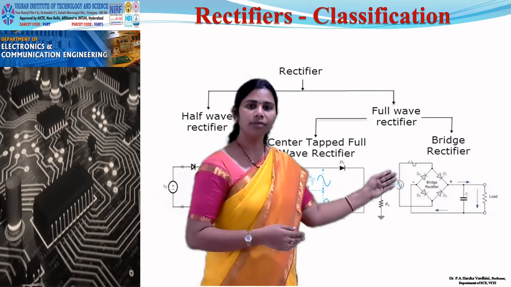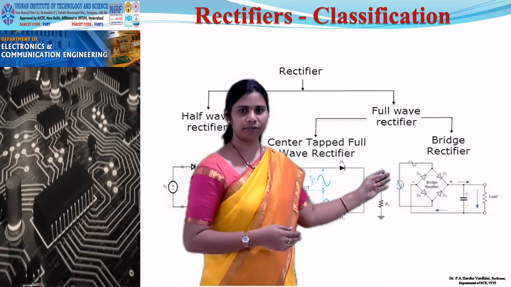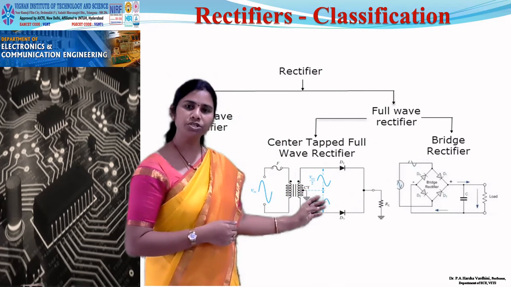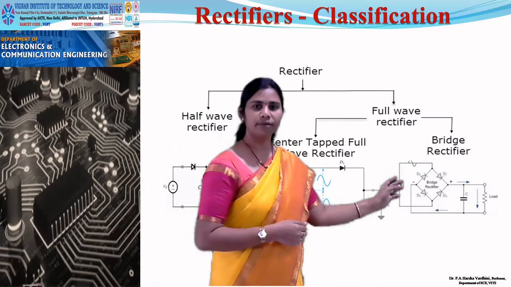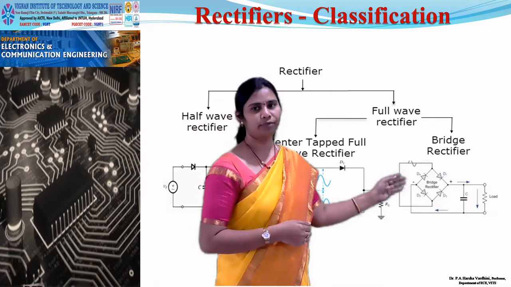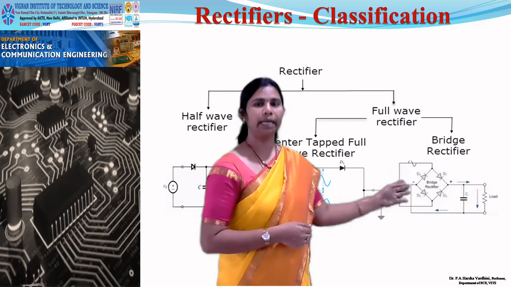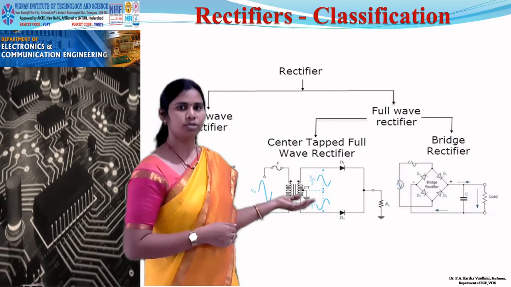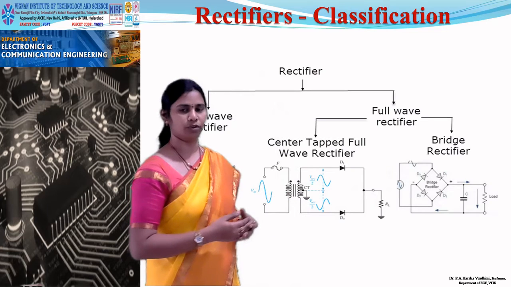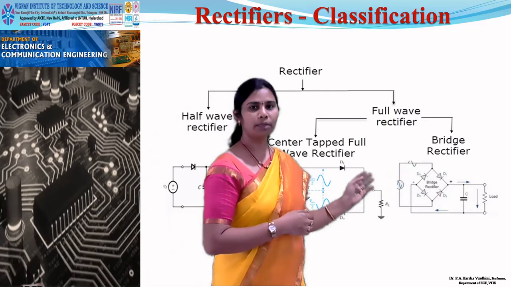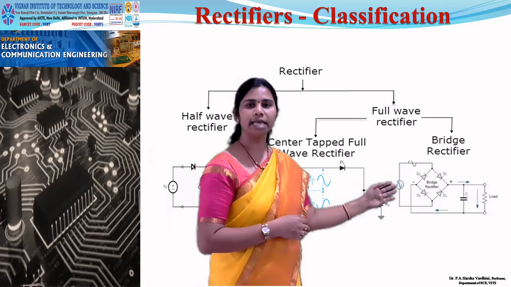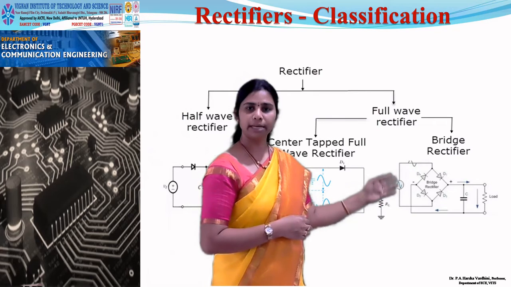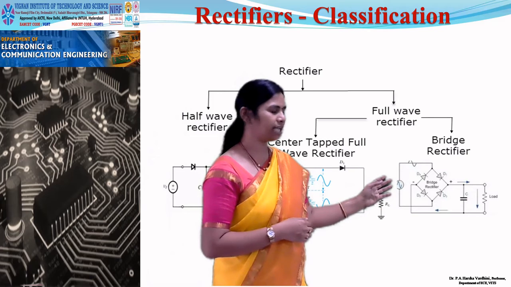Another full-wave rectifier is a bridge rectifier. As you see, two diodes are used in this full-wave rectifier, but the bridge rectifier requires 4 diodes for full-wave rectification. But it has eliminated the use of a center-tapped transformer. Instead of a center-tapped transformer, you have used a normal transformer at the secondary, where you have got a step-down AC signal which is given as input here.